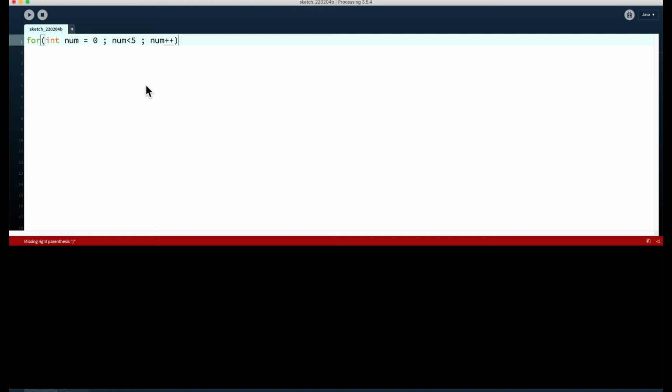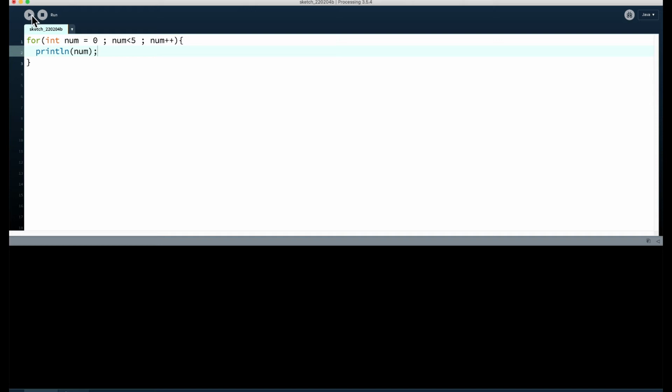Okay, so we're going to close that off. We'll open up our curly brace, we'll put in the closing one, and then in between those two braces, what do we want to repeat? So I'm going to keep it simple, just do println, and we'll print out the value of num. So pretty simple loop. If we run the program,